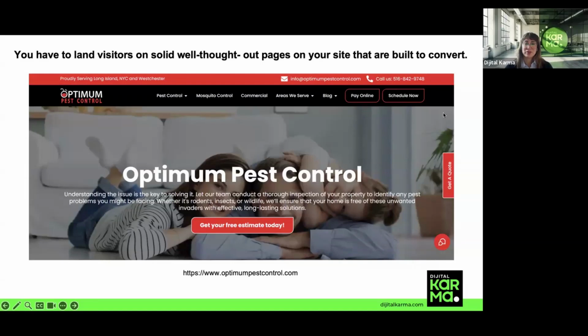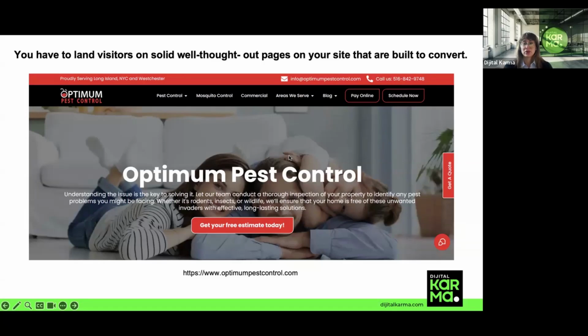Instead, you need to send your visitors to a dedicated landing page: a strong service-specific headline, real reviews and trust badges, and a clear call to action like schedule now, call today. Let me share you one landing page from the same customer for rodent control. You may also use your specific service landing page, but you may also create a separate landing page for only your Google Ad campaigns.